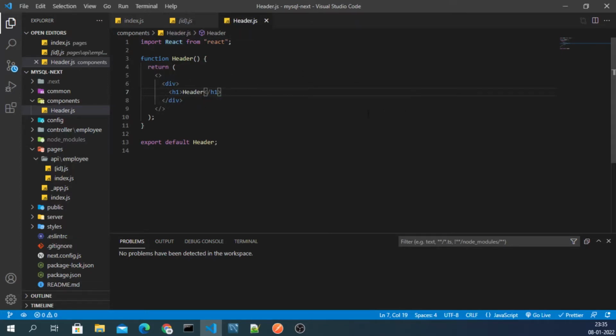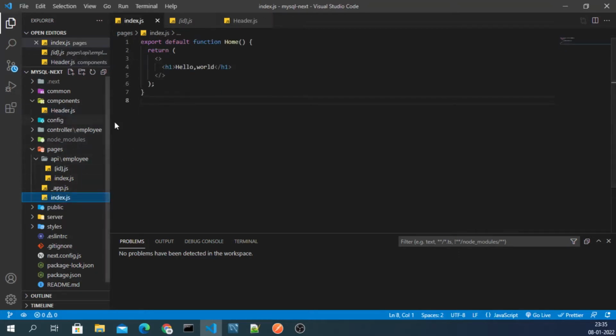Guys, whenever creating a component, like I've just created a header, you also have to create its path. If I'm creating another component, then with that component I also need to create its path. You will soon have an idea what I'm saying. So header.js, and its path is index.js, because header is my main component.